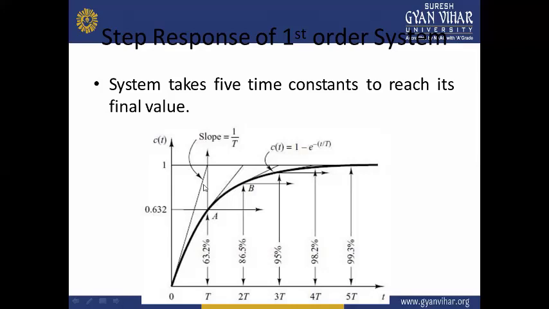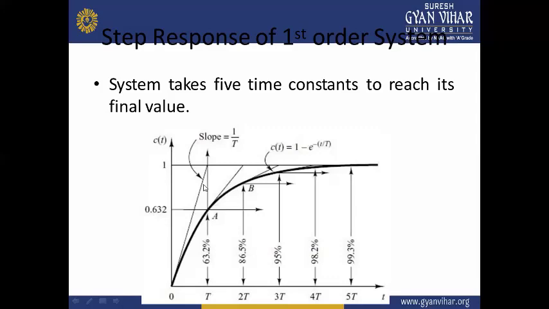Then the question arises, why don't we go for more time constants, such as 60, 70, and so on? The reason is that if we further increase the time constants, the sluggishness of the system increases, but the error is not reduced by that much compared to the previous state. That means at 60T, we may be getting the response at around 99.4%, 99.2, or even 99.27. So the error is not reduced as much as the sluggishness has increased.